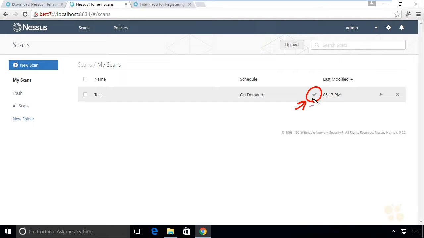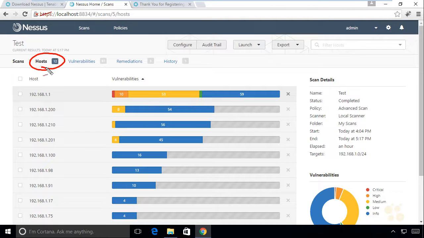So about 10 minutes ago, this was still running, and it had been running for at least an hour, and that little check right there indicates that it is now complete. Now to see the details or the results of that scan, we're simply going to click on the scan itself. It's called Test. So we'll click on that, and here it's identified that it had found 12 hosts with over 97 vulnerabilities collectively across those. Now, some of those vulnerabilities are informational in nature, that's this blue,